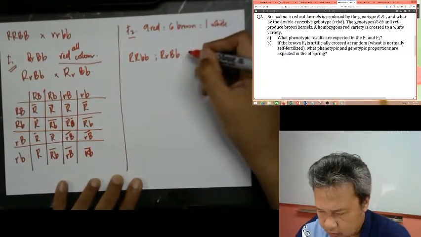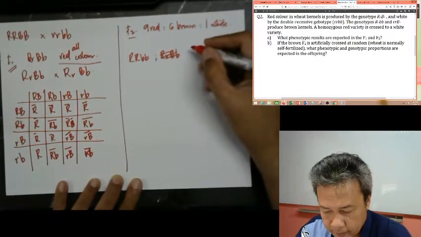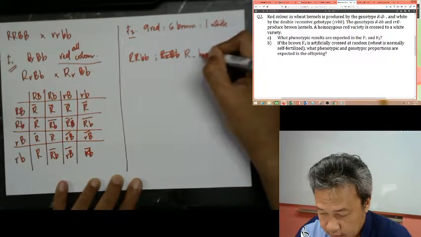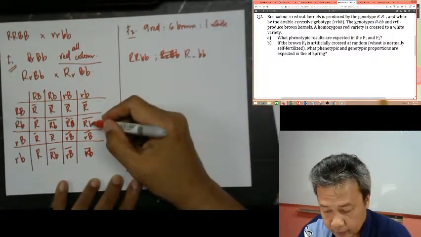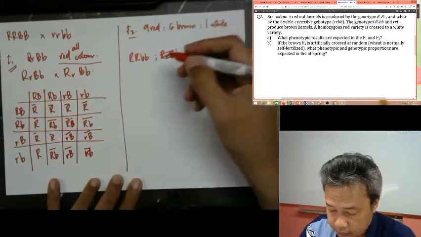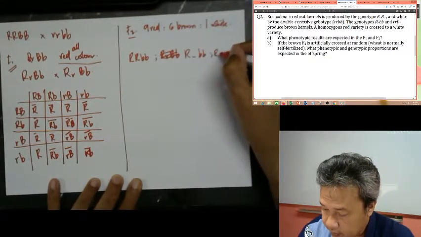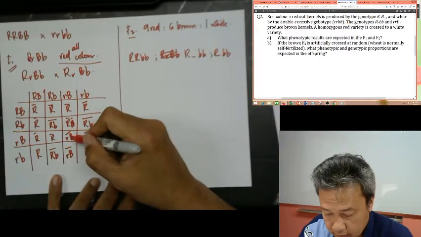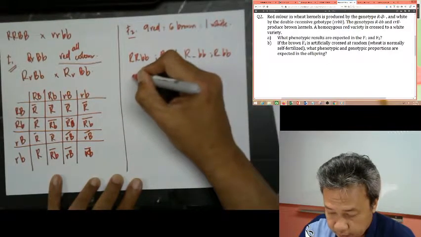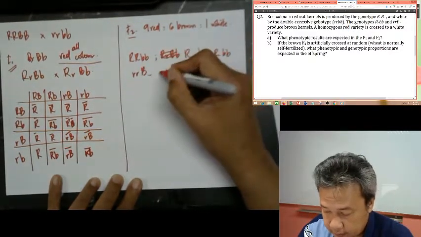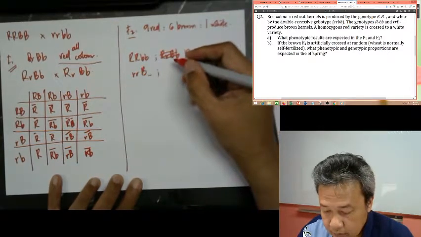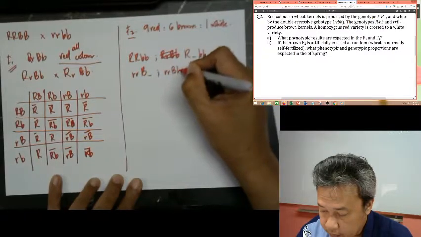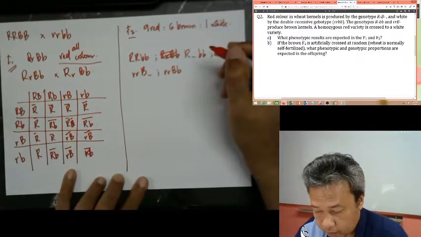Oh no, that's not brown. Sorry, wrong. You have big R, big B, big B, and then you have again big R, small b, and then you have small r, big B, small b, and then